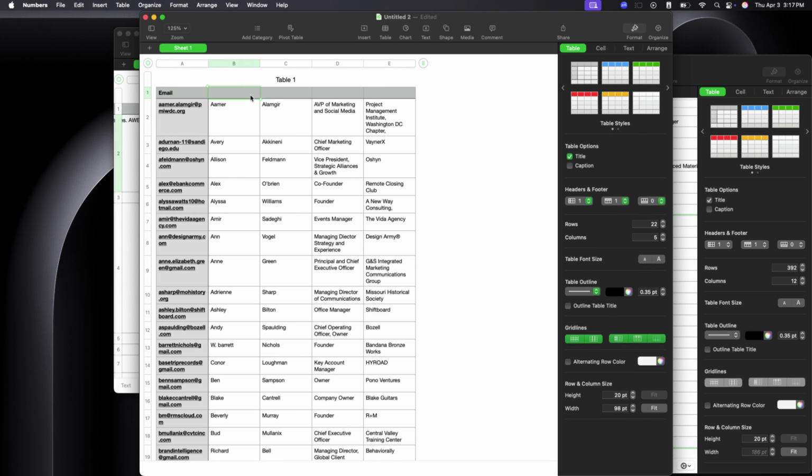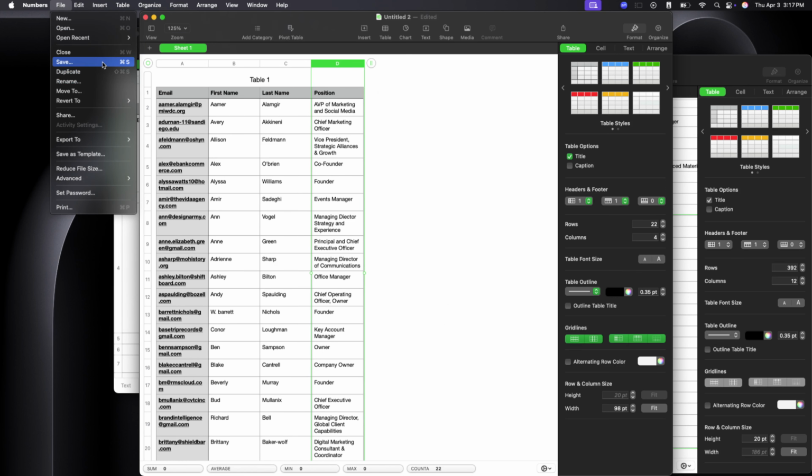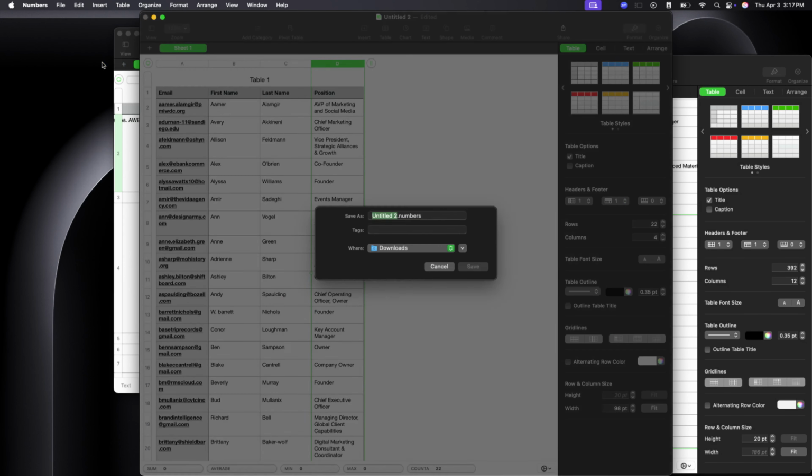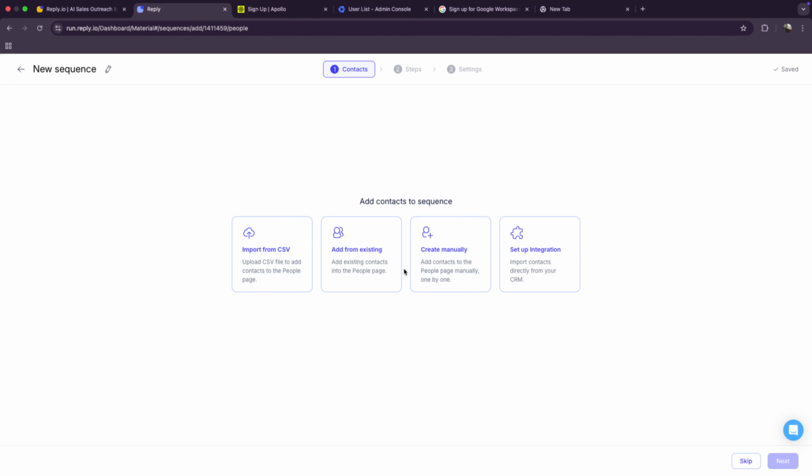I think that gives me the first name. So I'll just write it down: email, first name, last name, position. I don't even need the other things, so delete column. Now I'll save this as a new file for my outbound. So I'll click on save. This would be my new file. Again, I need to download it in CSV, and I'll name it agency owners verified list. Now I have a list.